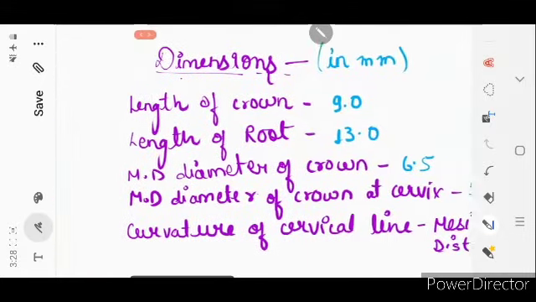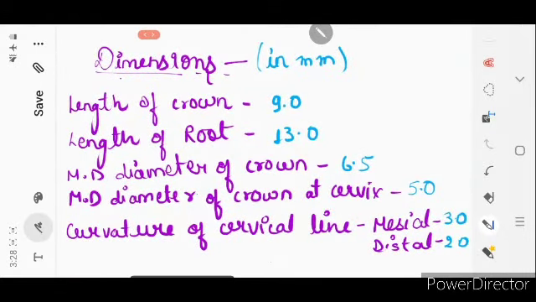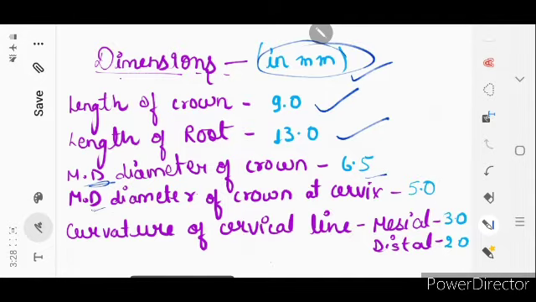Now, what about the dimensions of the lateral incisor? The length of the crown is 9 mm. The length of the root is 13 mm. All the dimensions are in mm. Please note that. And the mesiodistal diameter of the crown is 6.5 mm. Mesiodistal diameter of crown at the cervix part, that is here. That is the root, that is the crown. At the cervix part, the mesiodistal diameter of the crown is 5 mm,